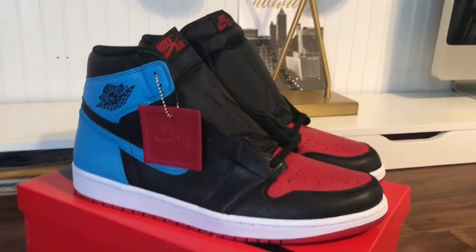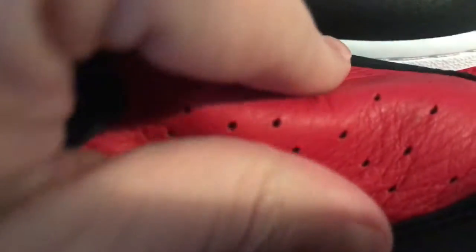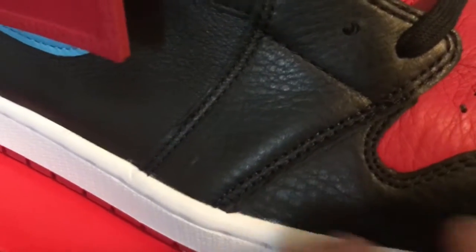Here we go. Getting into the shoe, I want to point out one thing. This leather is really soft and buttery. If you like that feel, I think you're really going to like this shoe. Even the black, which is typically a smoother leather, has a little texture in it. Now it's smoother than this toe box, smoother than these wings back here, but it's good leather, nice and soft